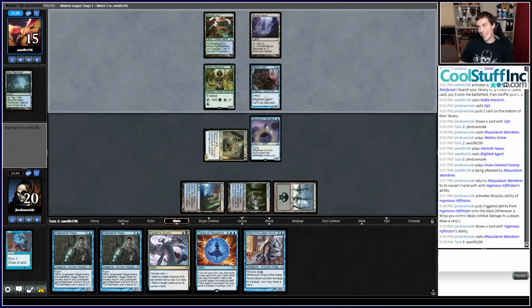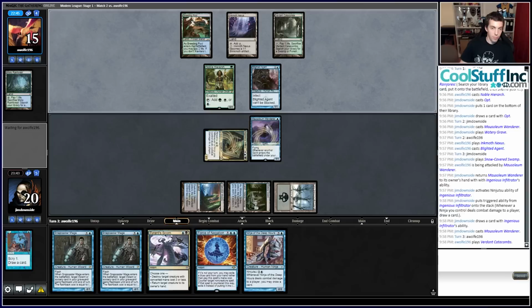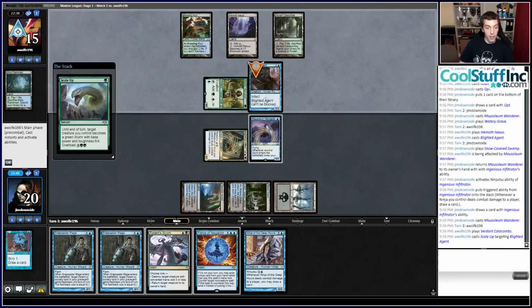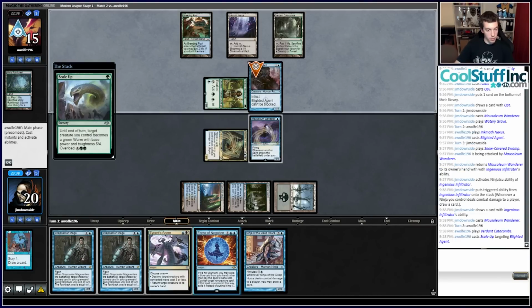Of course, the new card Scale Up is giving Infect a little bit of a boost. I'm not sure why they printed that card, because it's just dumb and worthless everywhere else, but they did, so... Oh, speak of the devil. Alright, well, we're going to counter that, so...